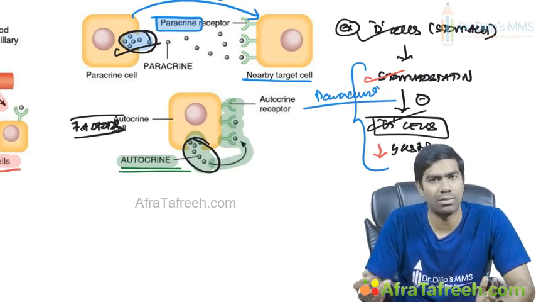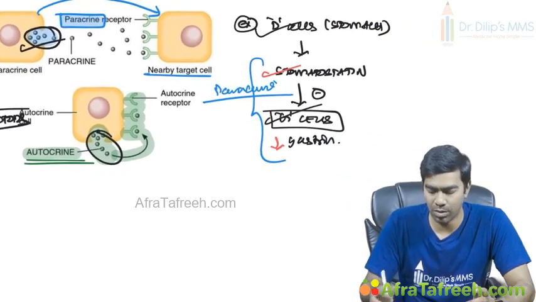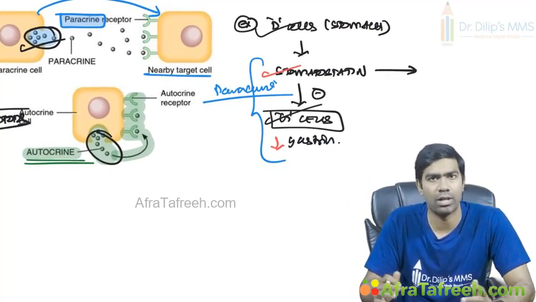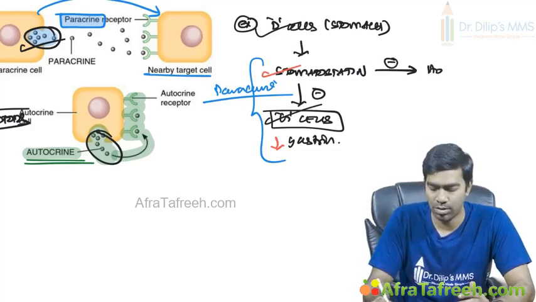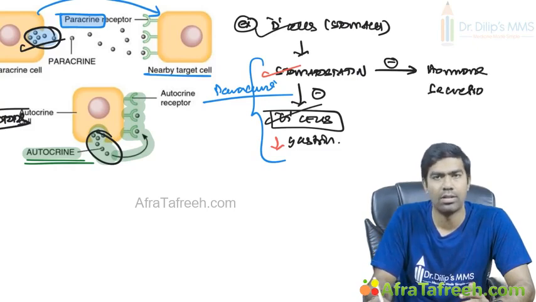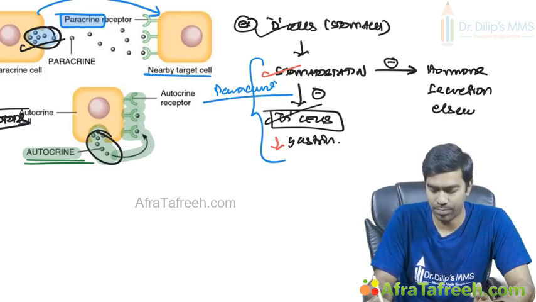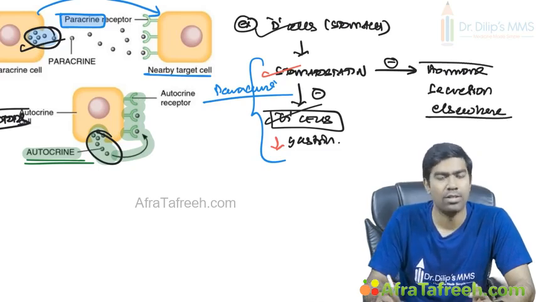So this is a typical paracrine route, but at the same time we know this somatostatin also is going to have distant actions, which means they can also inhibit hormone secretion elsewhere in the body, especially in the GIT. So we know that this is having endocrine action also. That is the reason why sometimes these paracrine, autocrine, endocrine substances we generally call hormones, but ideally speaking, again I'm telling you, a hormone means those substances that work by endocrine principle.